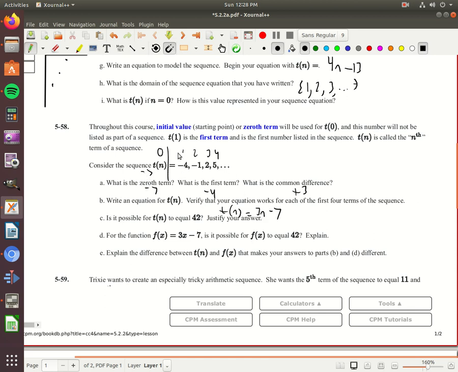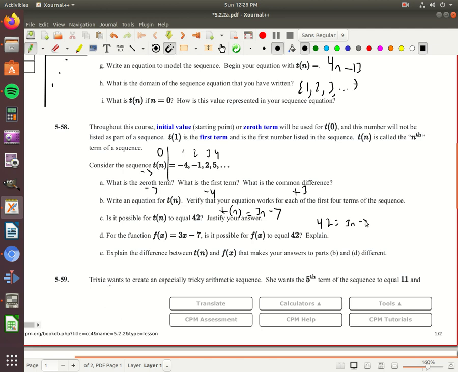If I plug 1 in, I get negative 4. If I plug 2 in, I get negative 1, etc. So is it possible for t of n to equal 42? So I don't know. I mean, if I take this equation and plug 42 in for t of n, will